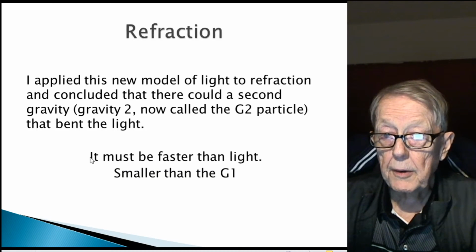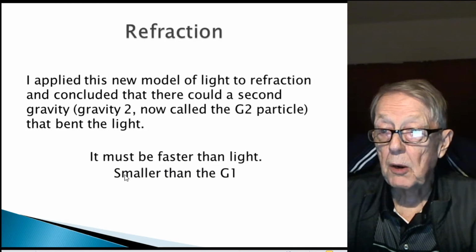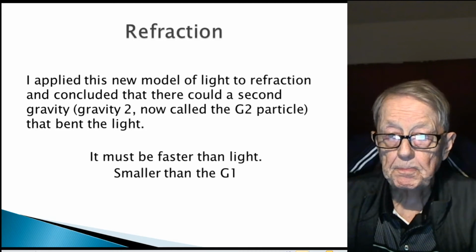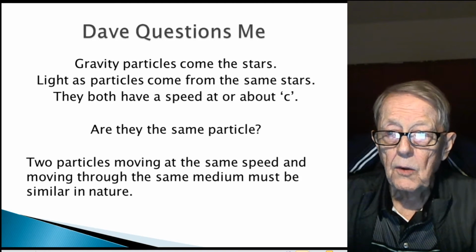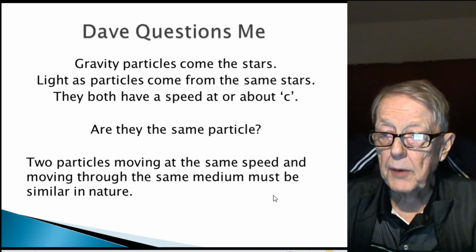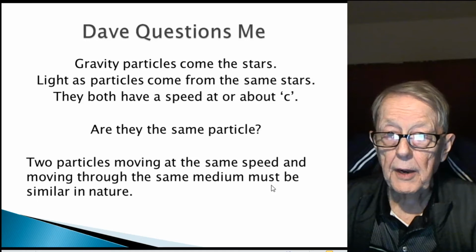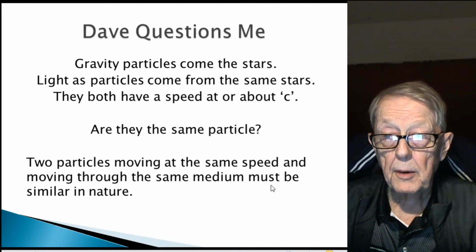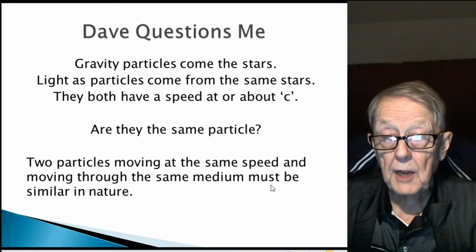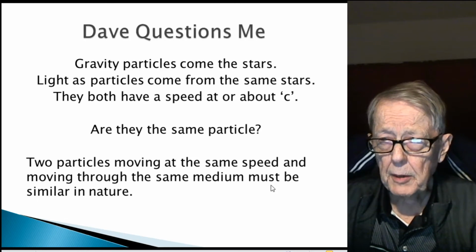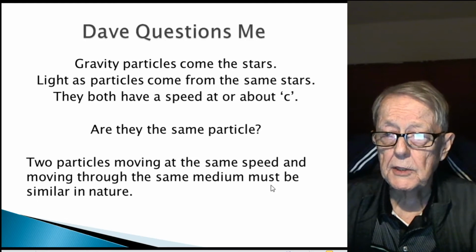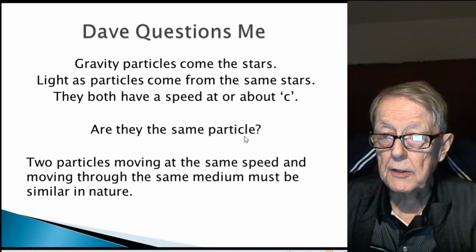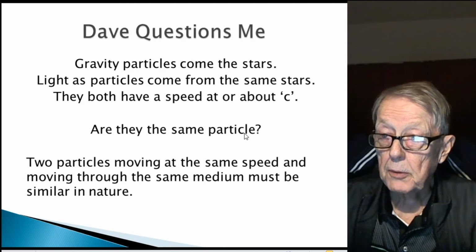The G2 particle must be faster than light and smaller than the G1, and I've covered some of those issues in other videos. Well, it wasn't long after that we were really starting to do the particle model. This is really the beginning of the particle model, and this part is not in my book. I have a piece of it in my book, but then it stops. These things now happen in our book called